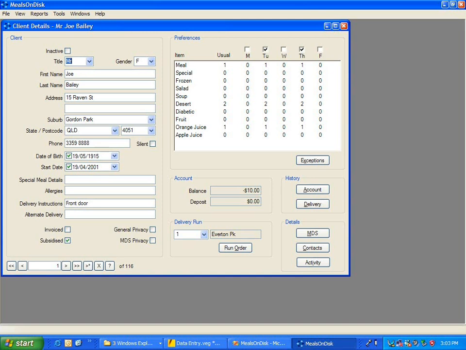So that's the end of this video on data entry. There are a few other options available still via the buttons on this form: displaying the account history and the delivery history, entering MDS details for the client, updating the contacts for the client, and recording other activities, other services that might be provided to the client, which gets reported on the MDS report, and going through and changing people's order in the runs. I'll leave that for you to explore for yourself, and if you have any trouble, please let me know